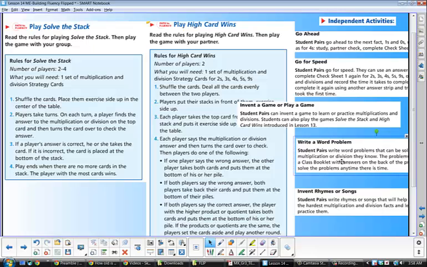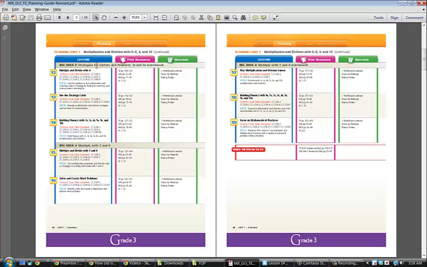Might as well. Okay, that's all I have for today. If you notice our plan, we're on lesson 14, and we have multiplying, dividing by ones and zeros, and we've got some games that we're going to be playing with next week. And then we have the test, which will probably be the end of the next week, 1, 2, 3, 4, 5, or the beginning of the week after.